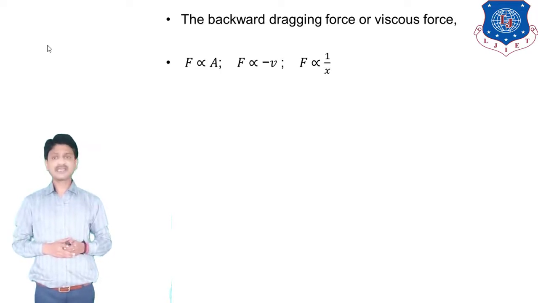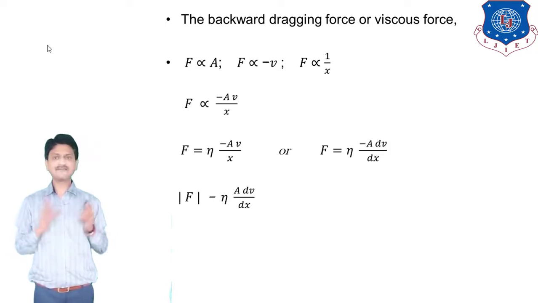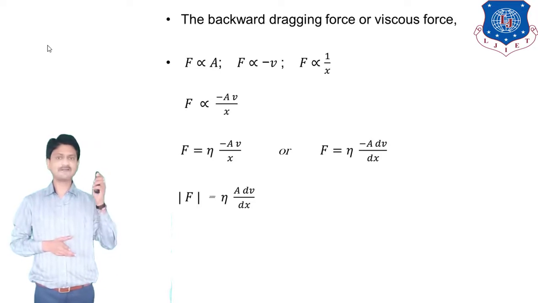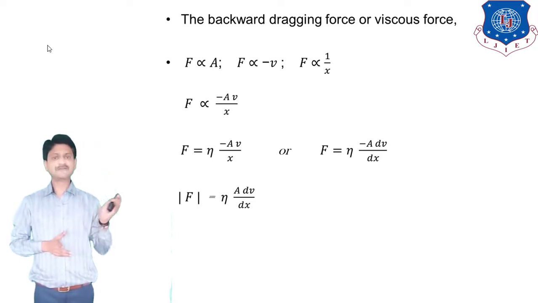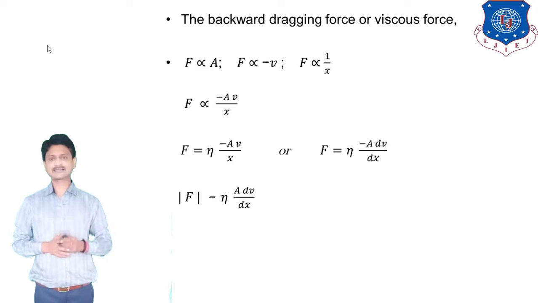If we combine all these three parameters, area, velocity and distance, then we can say that the backward dragging force or viscous force is directly proportional to minus A v by x. So F is equal to minus eta A v by x, where eta stands for coefficient of